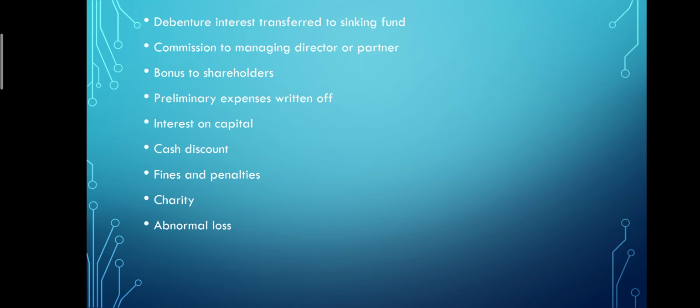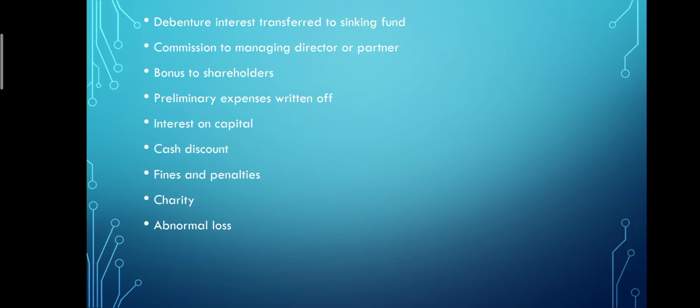Even in factory overheads we do not consider them. In administrative overheads also we do not consider them, because there we take the expenses related to office work or administrative work. Next is selling and distribution expenses. Even there such expenses are not taken, because they are not related to the selling department or distribution department. So such expenses should not be taken.